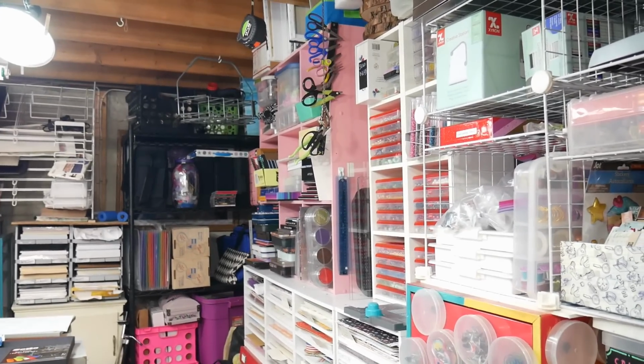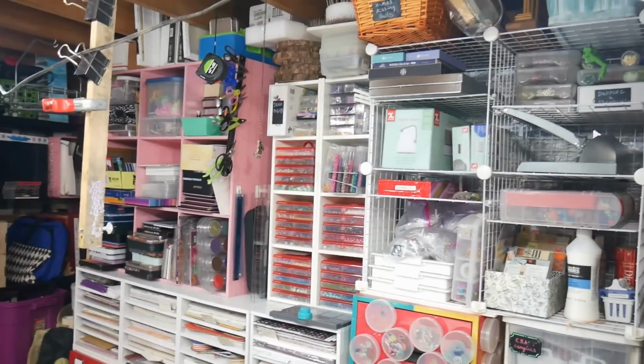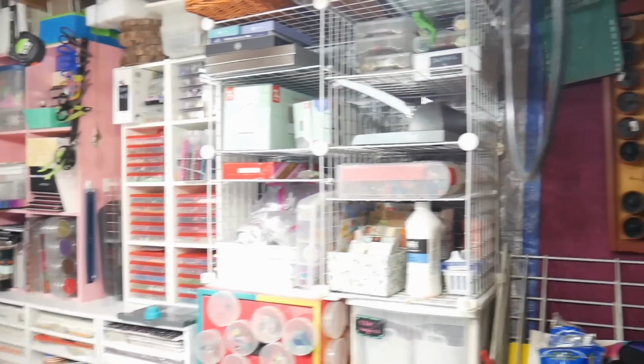I use the scrapbook cubes and then another 9-cube unit that was rescued from my daughter's bedroom. They don't want it anymore. Some shoe racks that I found on the side of the road. Basically, I stacked all this stuff on top of one another, and I made a wall. So there's no wall there. That's just storage units. And then I have some fabric shower curtains behind them,